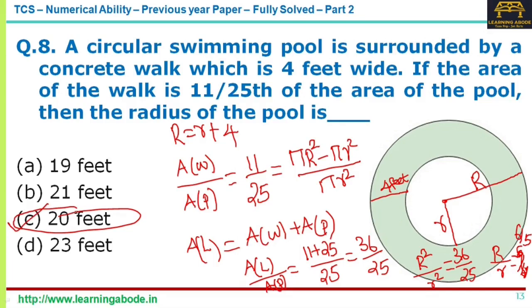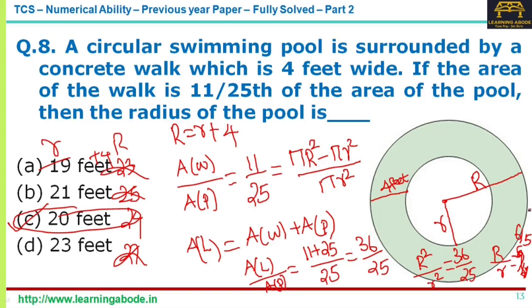Why? Because what is given in the answer choices is small r. Now what is capital R? It is small r plus 4. So plus 4 means this should be 23, 25, 24 and 27. Anyhow, these are not in the ratio. So the 6:5 ratio you get only in terms of answer choice C. So capital R and small r are in the ratio 6:5.